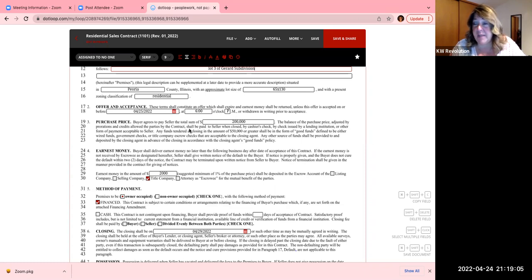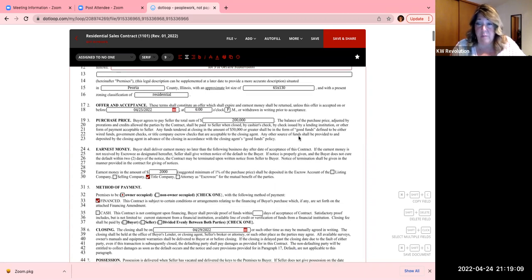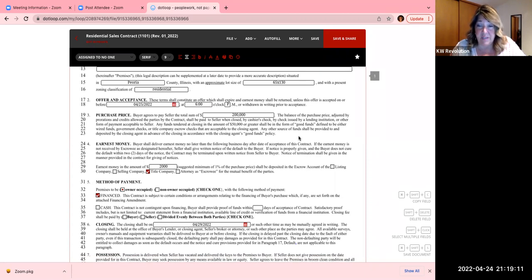And then the purchase price. This is pretty obvious, it's just the price that you're willing to pay for the home. So I put on here $200,000. And then the earnest money comes after that. It is typically 1% of the purchase price, so that's why I made that $2,000. That's not always what it is, especially in this market. Sometimes we're going a little bit above that just to show that the buyers do have a lot of skin in the game. So I would not recommend going too far above because you are